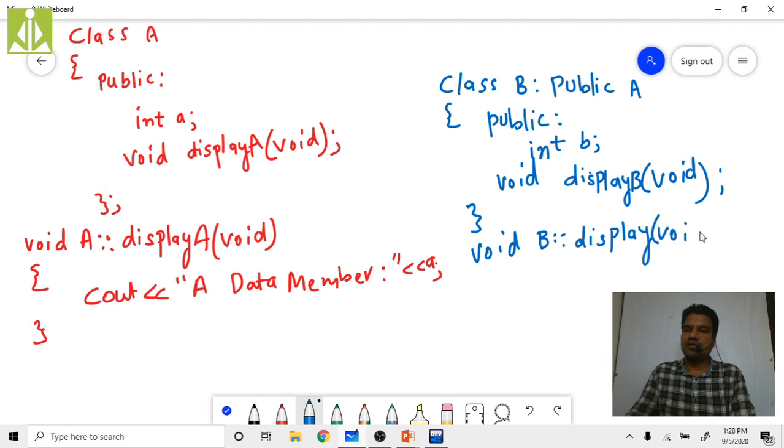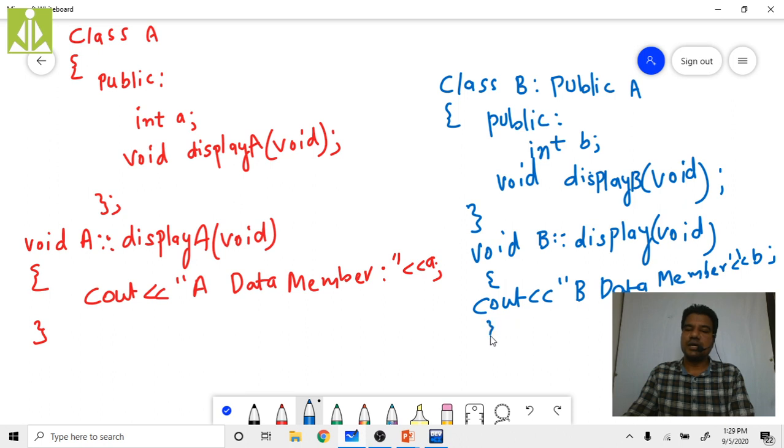In it, print the b value: cout "B data member:" and then print small b. I hope this area is not blocked by my video. Put that semicolon and close this. Before this, you have to close this class also.